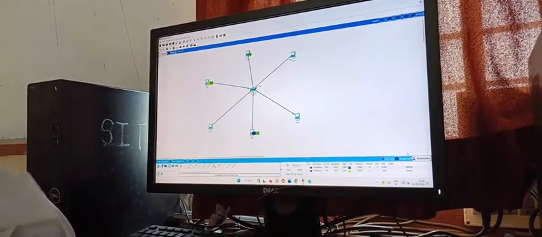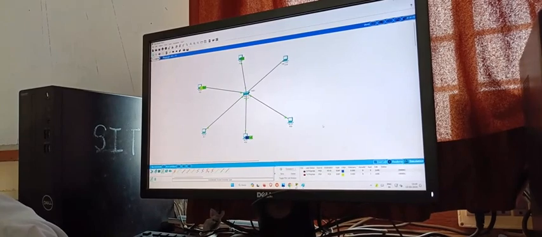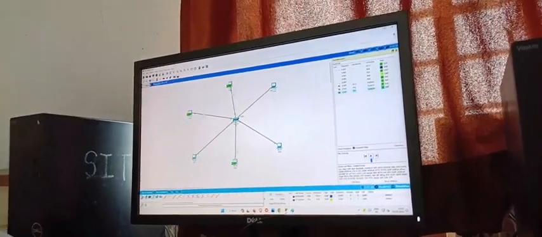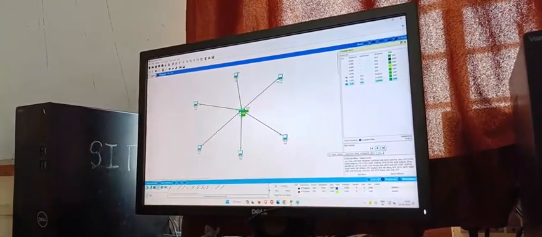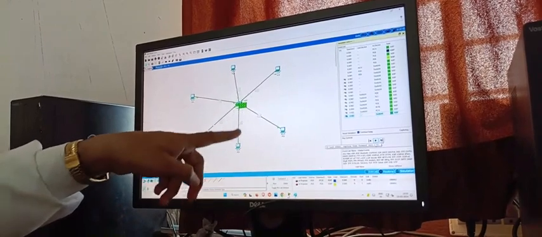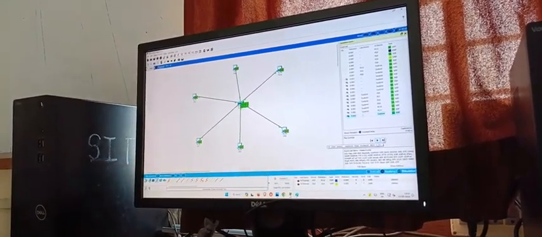And if I simulate this task, the simulation shows that the sending of the information is happening, and the message you want to share with that particular device is successfully shared to that device.